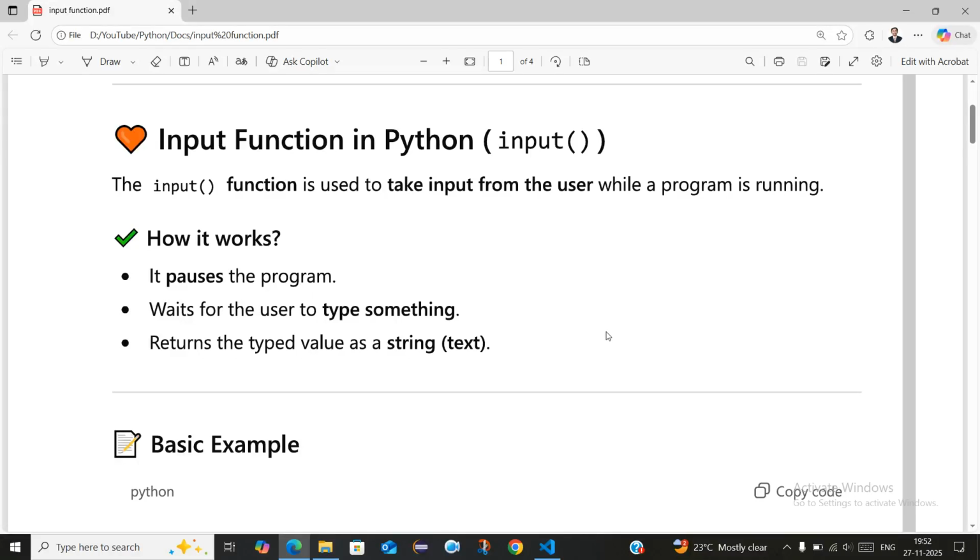Hi friends, in this video we will learn about the input function in Python. The input function is used to take input from the user while the program is running. So how does it work? It pauses the program, waits for the user to type something, and returns the typed value